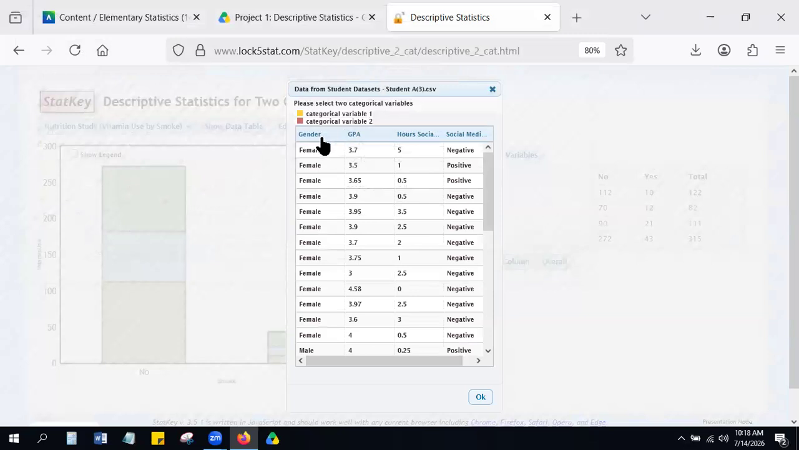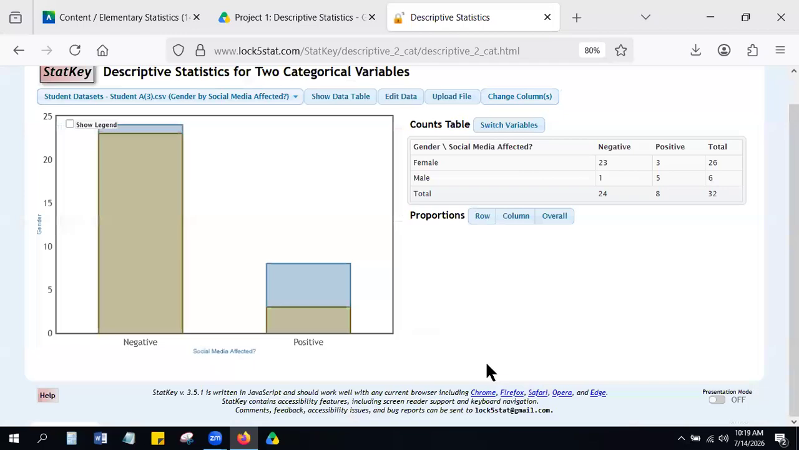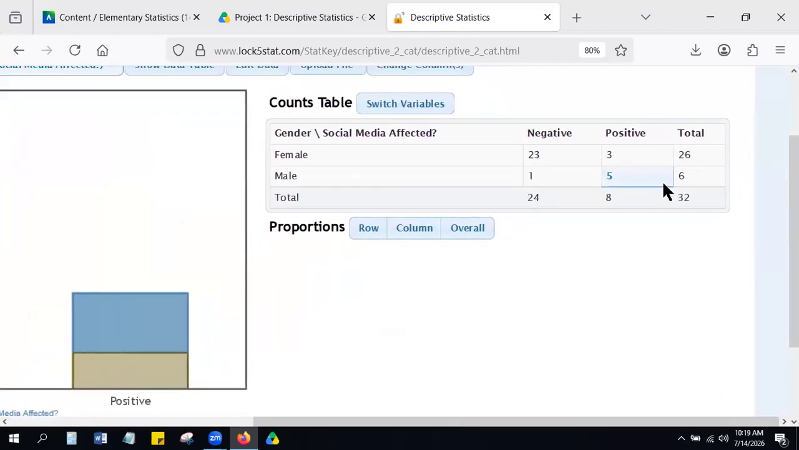And then I'm going to click my two variables. I've got my female versus male. And then I've also got over here whether they felt that social media is a negative effect in their lives or positive. And then once you select those, you can click OK. And so here it is. This right here gives you a breakdown of